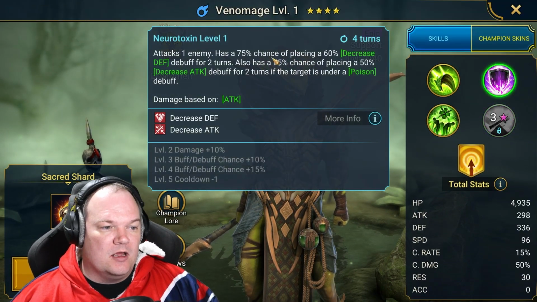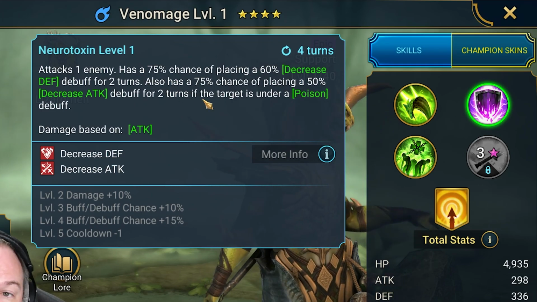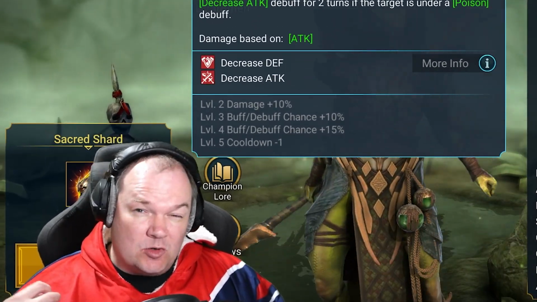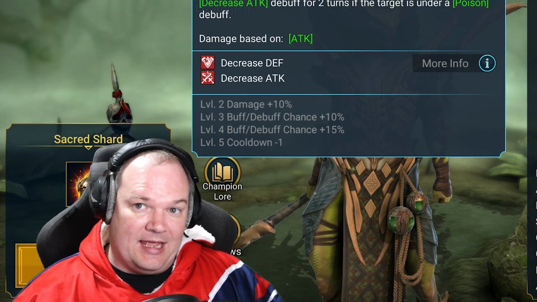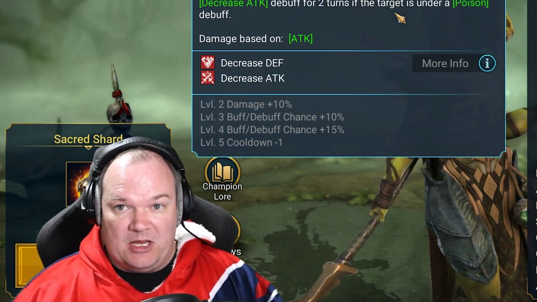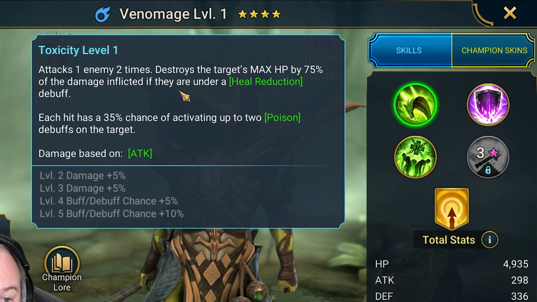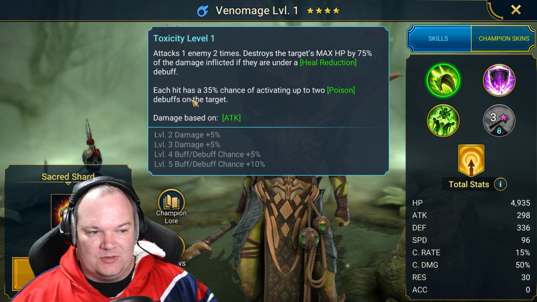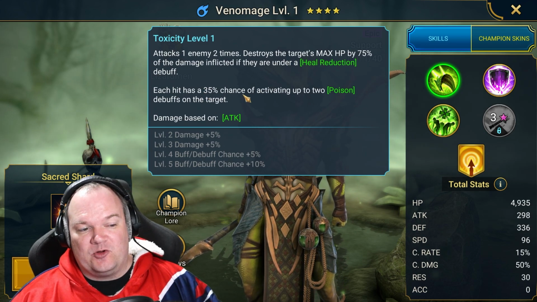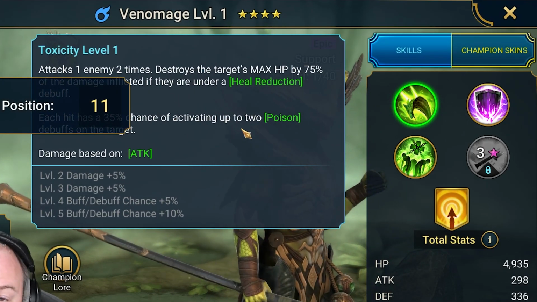Huge. Great. Then we get a single target decreased defense and decreased attack, both of which are boosted up to 100%. So affinity is still a problem, but we have a 100% chance now to land decreased attack and decreased defense from a single champion. Very good. And then we get poison activation on the A1. It does destroy max HP if they're under heal reduction, but that's not the biggest thing. And each hit has a 35% chance, which boosts up to 50% chance of activating up to 2 poison debuffs